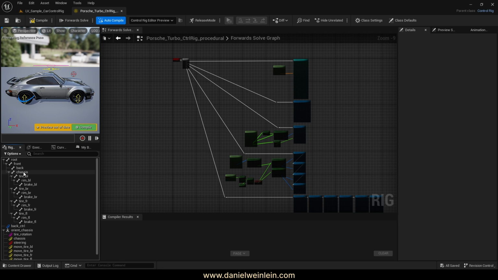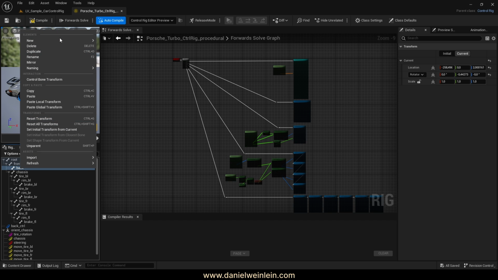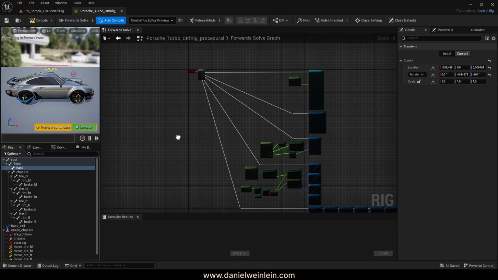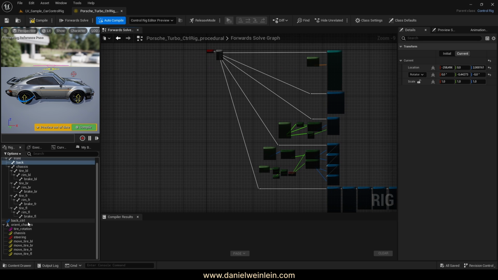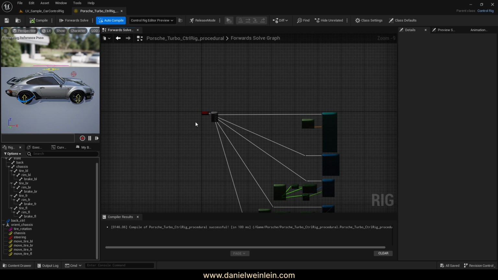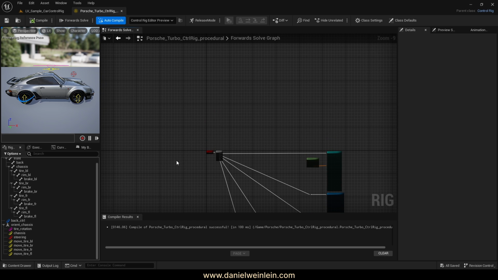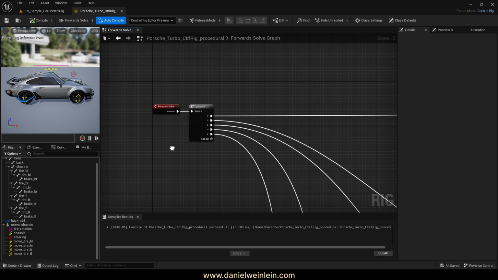So we choose the bone here, right click and then new control. And now we want to create the controls automatically. We want to spawn them inside the rig hierarchy here. And we can do that with the construction event. But first I want to